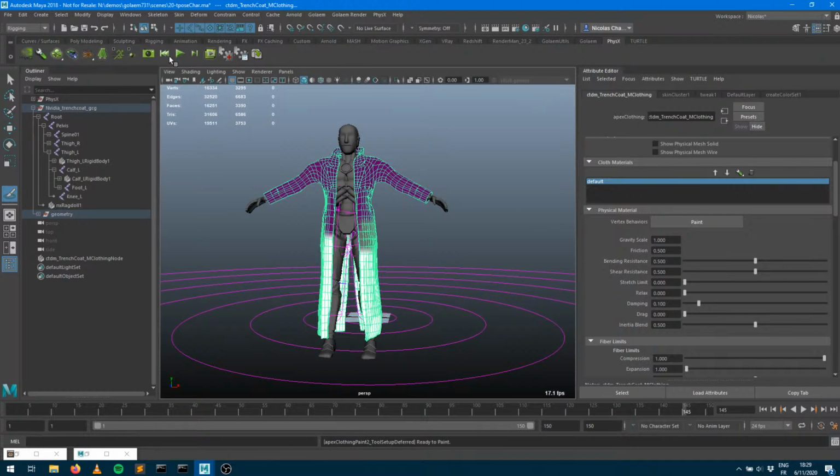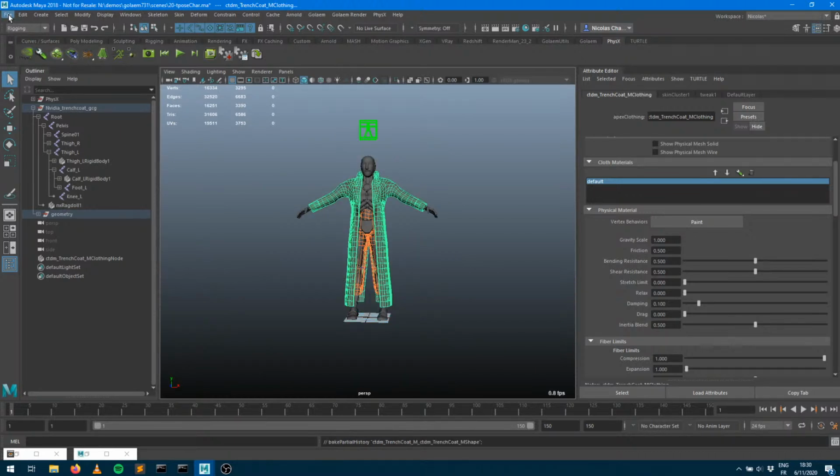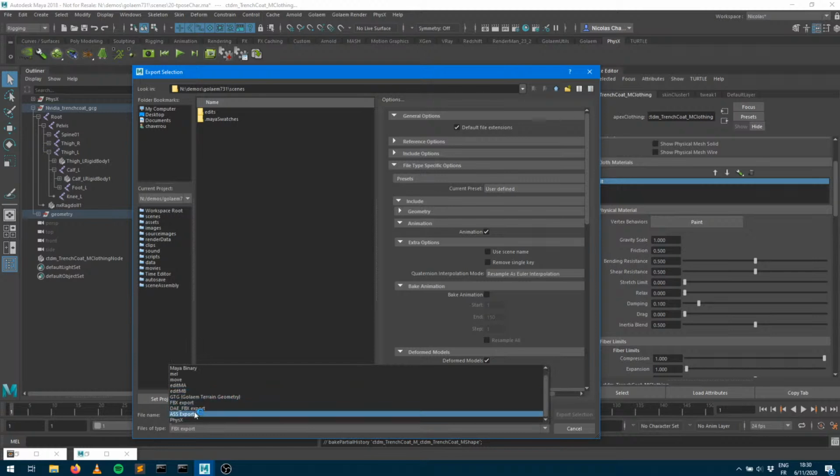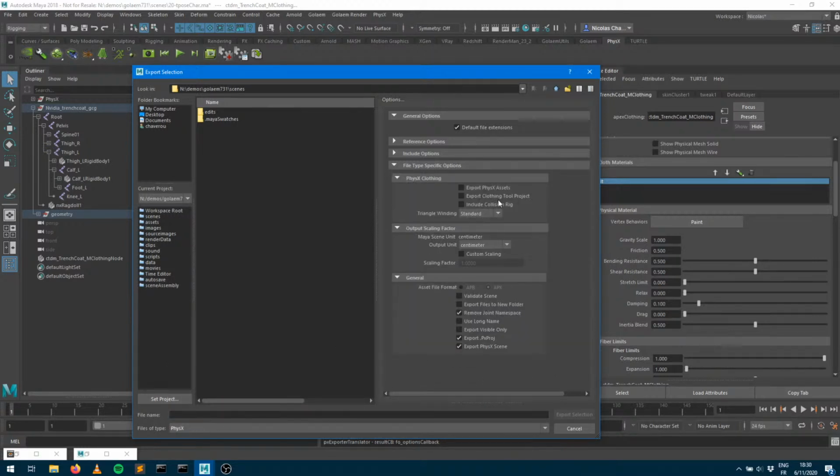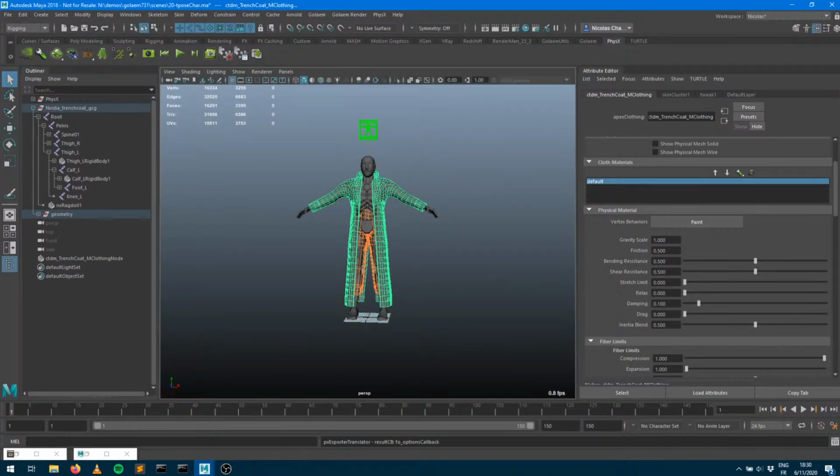And when you're happy with the result, you need to bring that APX file into Golaem, right? So you select your mesh here, and you're going to export selection. And that export selection within Maya, as soon as you got the physics plugin loaded, you end up with a physics file type here. So you're going to say that you want to export a physics asset. If you've been defining a collision rig like I just did, you want to include that collision rig. You want to make sure that the output unit is going to be proper. Use long name, export, validate scene, export fast to new folder, whatever. You just provide a name here, and when you press export selection, it's going to create an APX file for your character, which brings us to